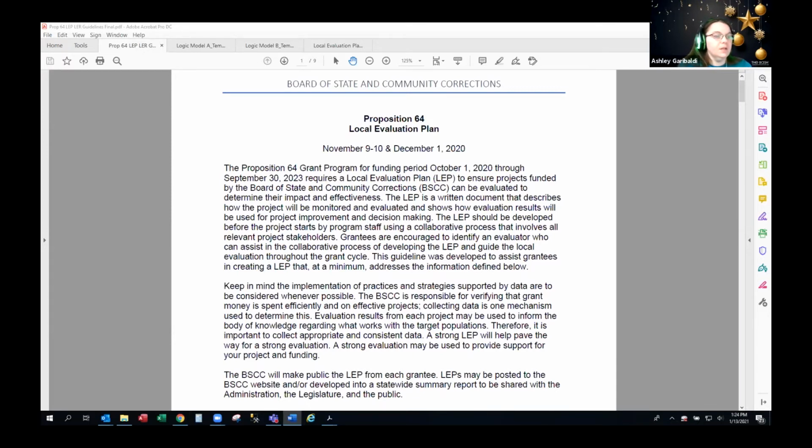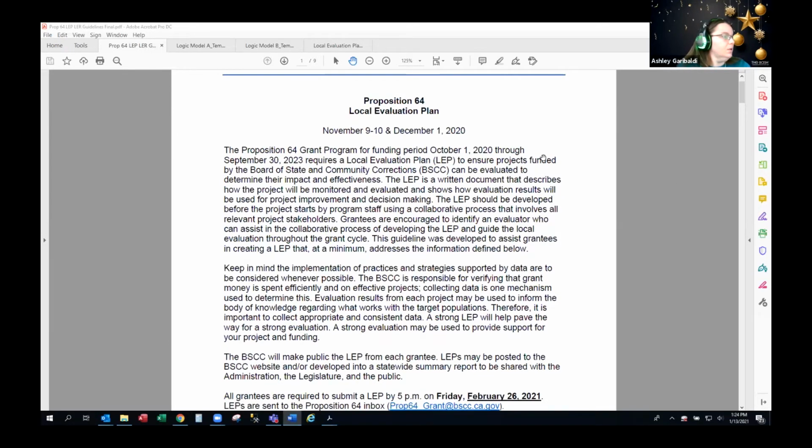Evaluation resources, and then a sample LEP for you to glance over if you are interested in the look and the format of certain things. Again, it's not a requirement to model it exactly after that. It's just that sometimes, when I was writing certain templates or forms and reports, it was a good idea to look at things like that just to get a starting point. So please jump in at any time if you have any questions throughout this presentation.